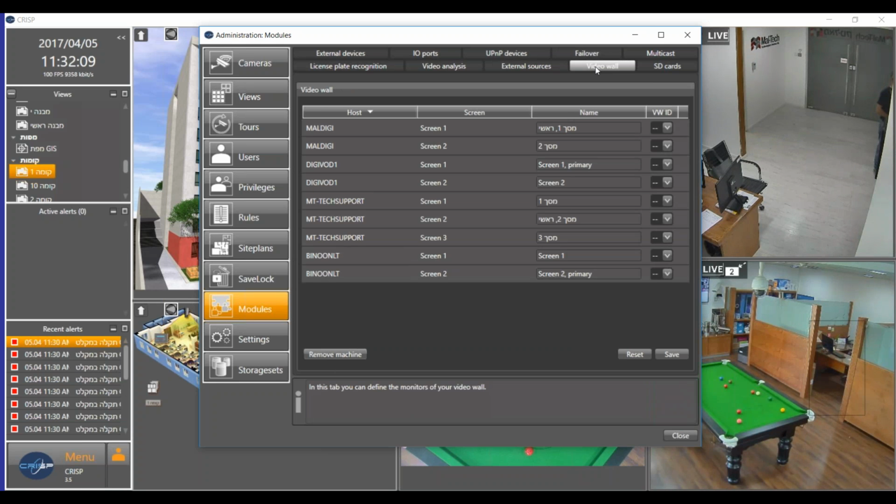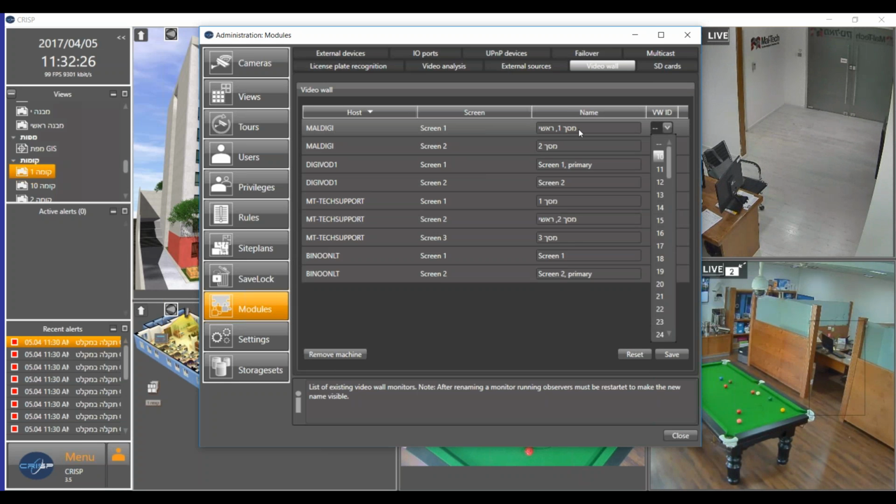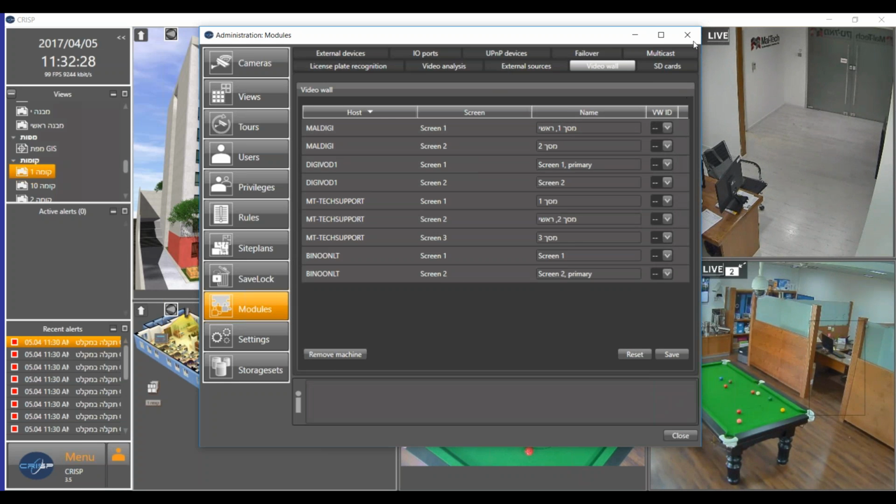Alright, one last thing I want to talk about is the video wall. Basically, if you have a big system with a video wall and you want to have easy access to it, all the screens will be shown here. As you can see, these are the hosts, different computers, different screens. We can set a certain ID to these screens. Basically, what it does